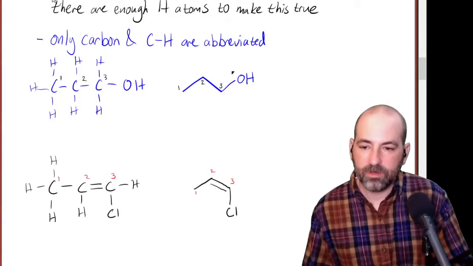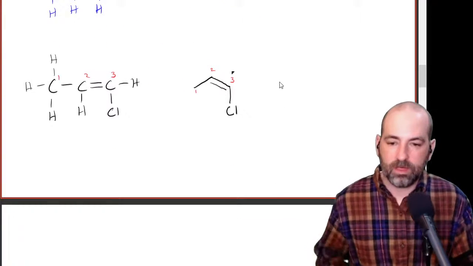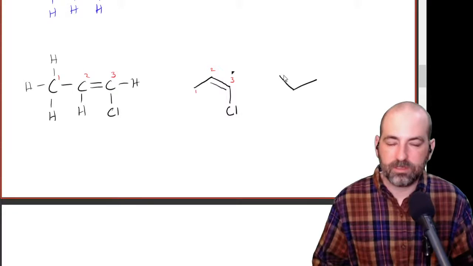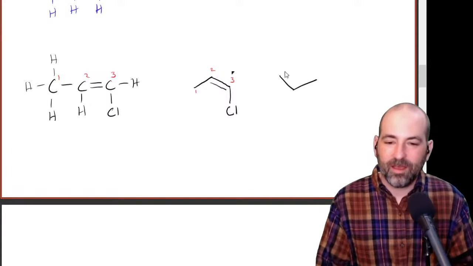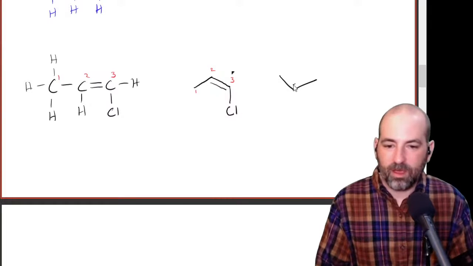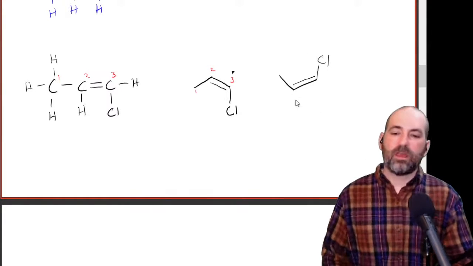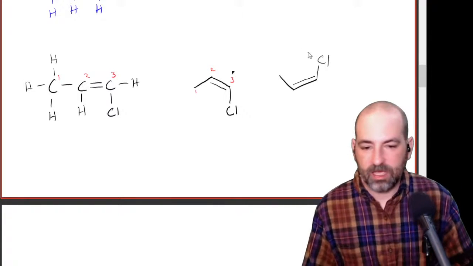All right, now what if you went the other way with your, you zigged instead of zagged or something. So instead of going up, then down, you went down, then up. If everything's still connected in the same order, so you've got 1, 2, 3, it's still okay. And so that's still the same structure.